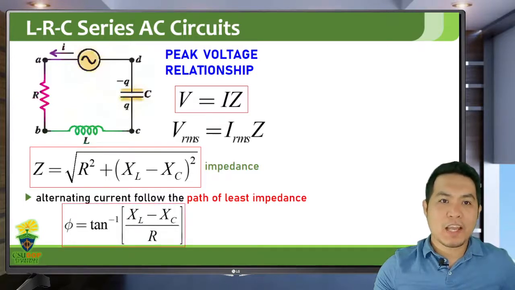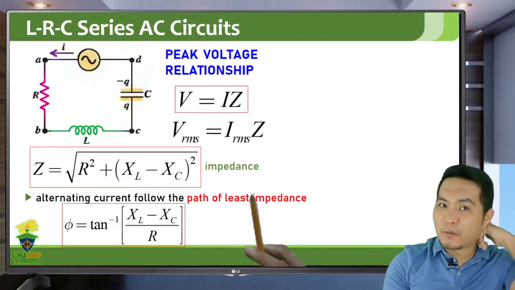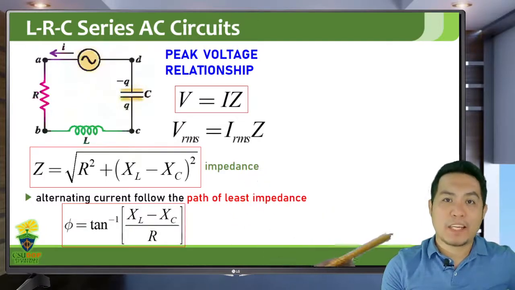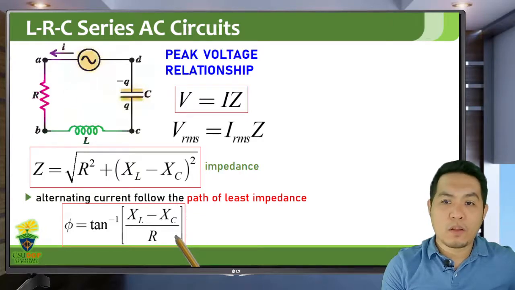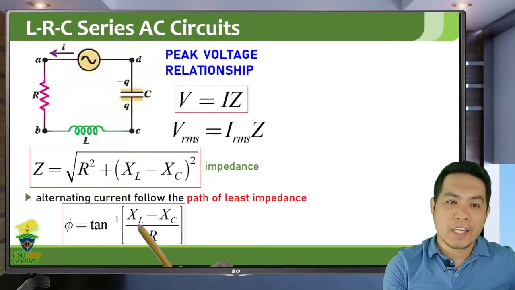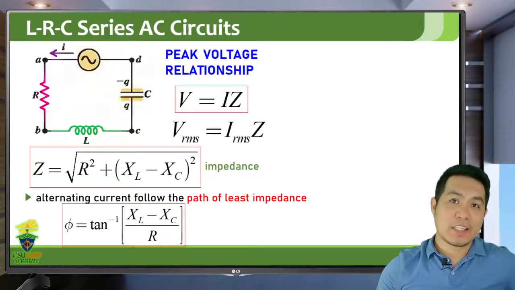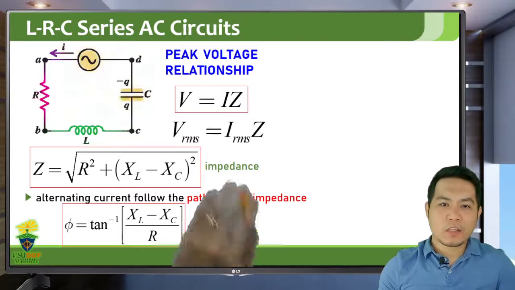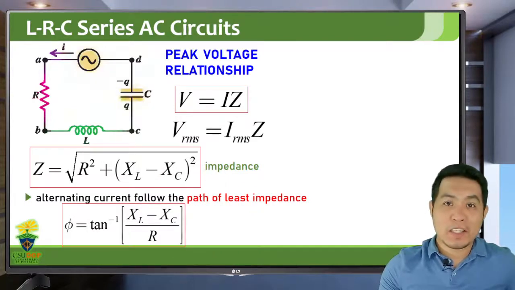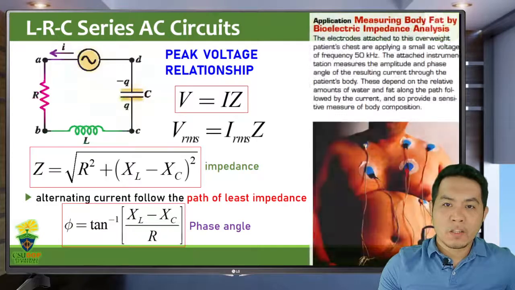So in an LRC series circuit, you can calculate the phase angle, the angle between the voltage phasor and the current phasor, as this. So they are all related to the reactances and the resistance of your circuit elements. So I will not go into detail about the LRC AC circuit. So I will just